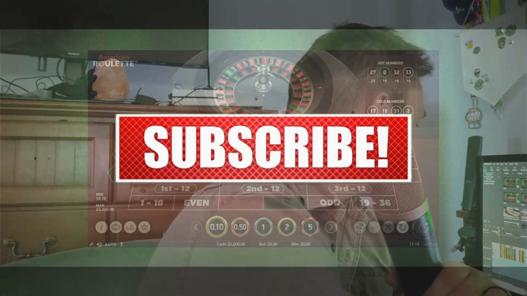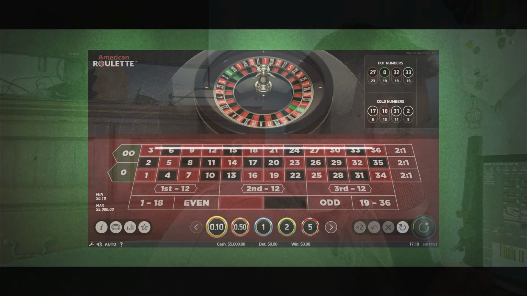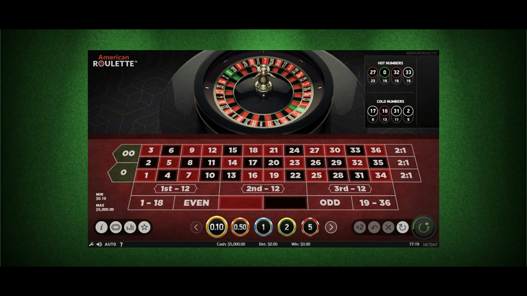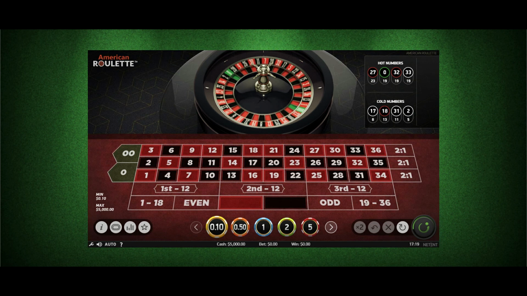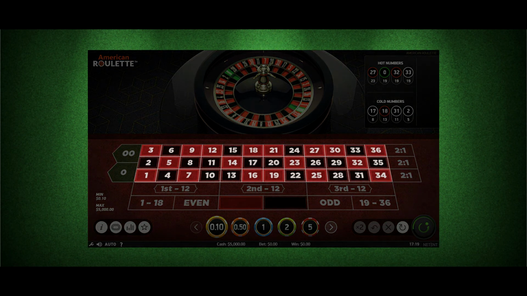Alright, to get started, let's take a look at a roulette table. Now since I'm American, I'll be using an American roulette table, but the only real difference is the European has only one zero space as opposed to the 0 and 00 found on American tables. So roulette has numbers 1 to 36, each colored red or black, and a 0 or 00 colored green, giving you a total of 38 possible numbers to land on.